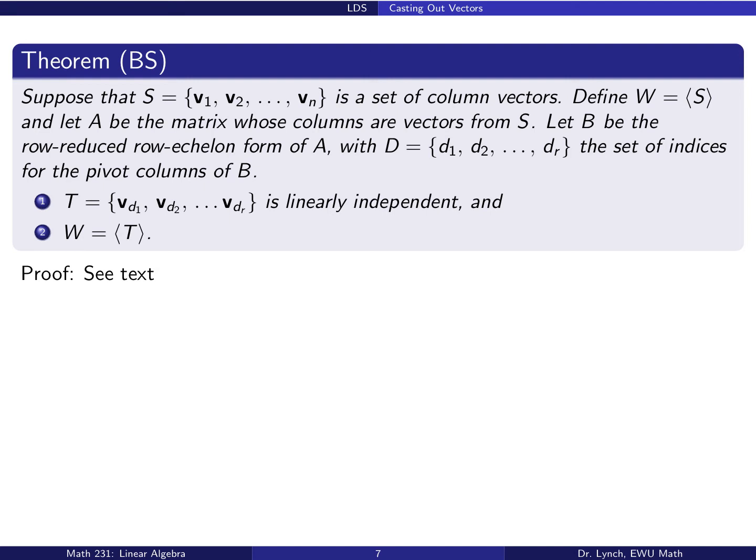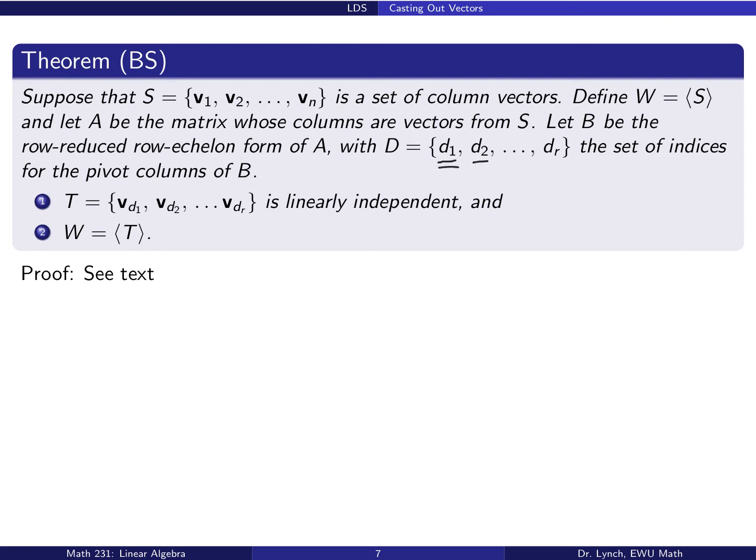Okay, so this always works. And when we say always, of course, there's the theorem. The theorem is that if you have a set of vectors and W is the span of that set, and A is a matrix with columns from that set, if we find B as the row-reduced echelon form and identify the pivot columns of B, then those pivot columns,